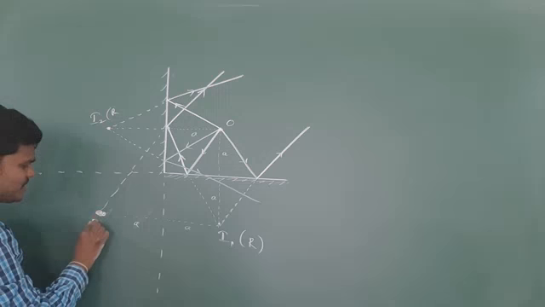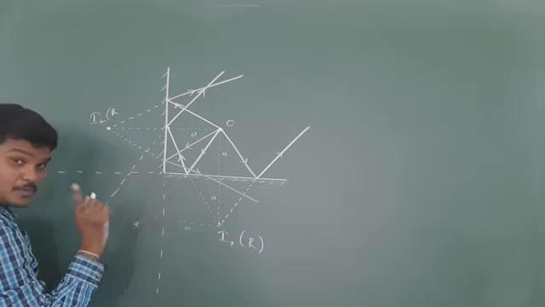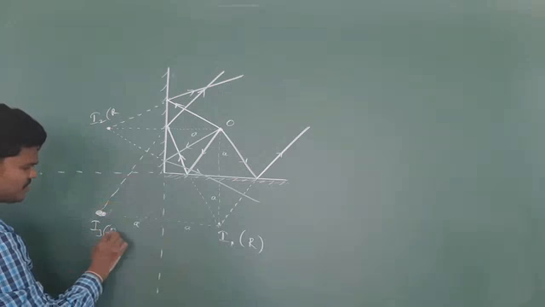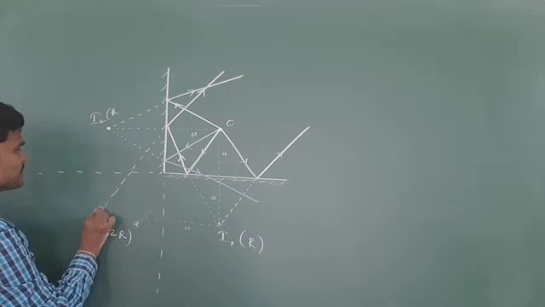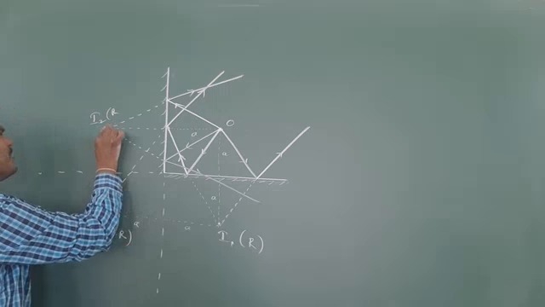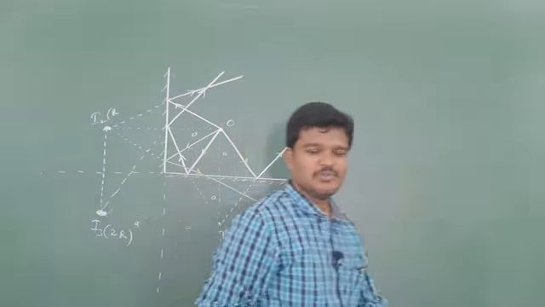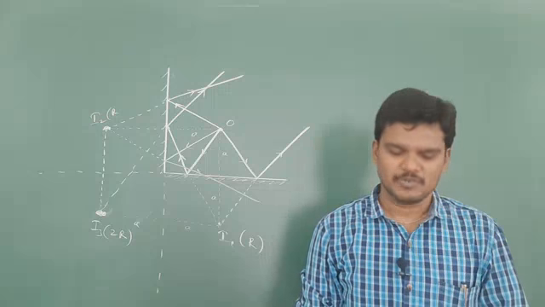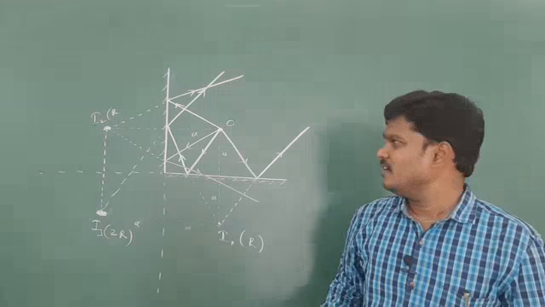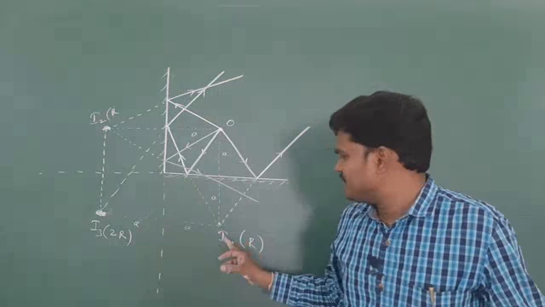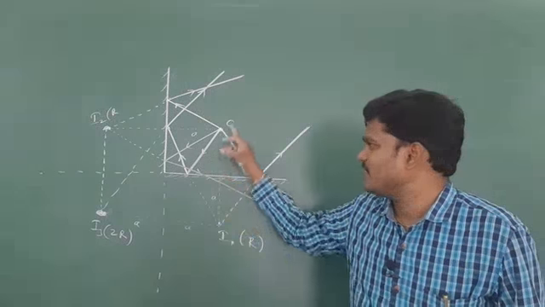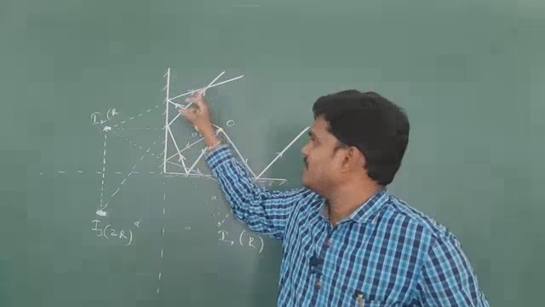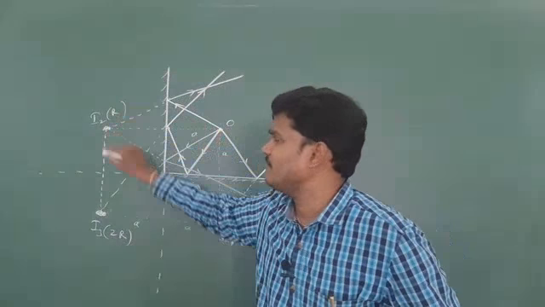So this image is possible not only by one reflection, still I am not getting the correct diagram, it is possible by two reflections. Here the diagram is somewhat complicated, so leave it, don't worry, I will give you a shortcut way. Here this image is possible by one reflection. If we draw a proper diagram, this is possible by one reflection, and this is also possible by one reflection.